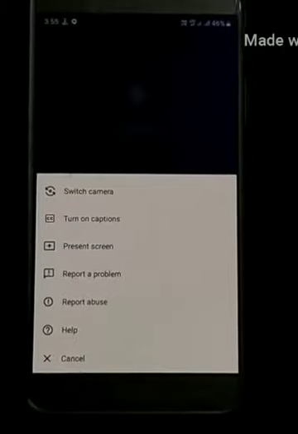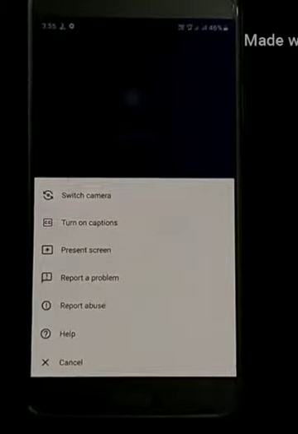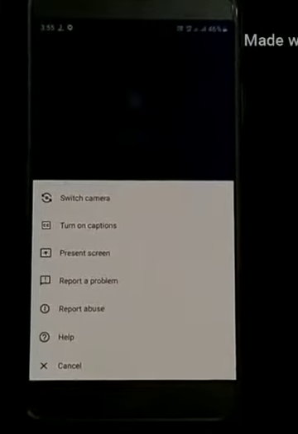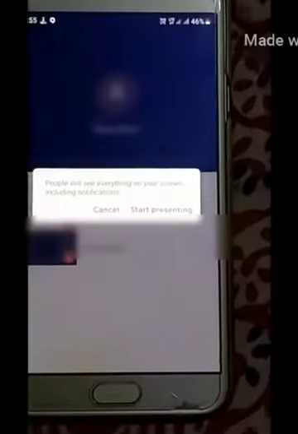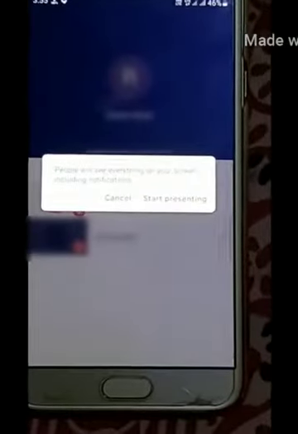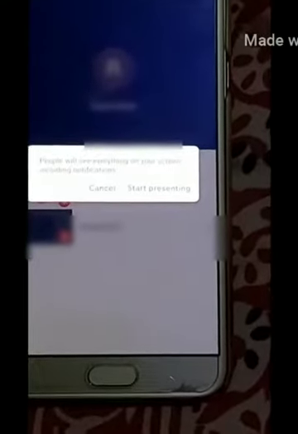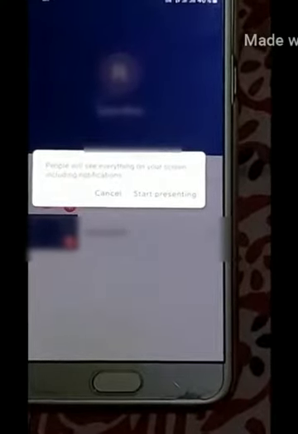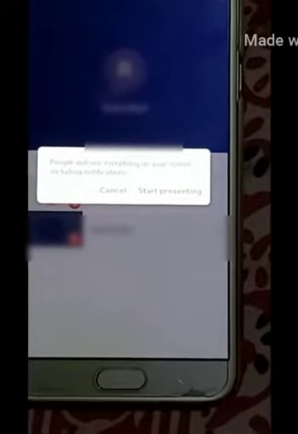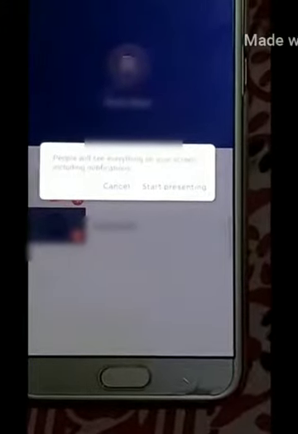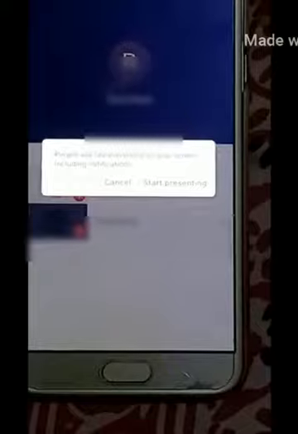The next feature, and the most important feature in Google Meet, is the presenter screen. I tap on it. It shows Start presenting, which means you share your screen. For this, it shows a message that people will see everything on your device, including notifications, and I simply tap on Start presenting.